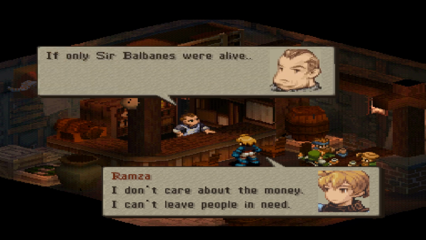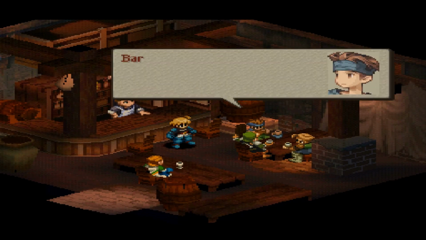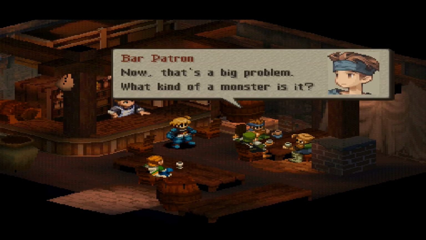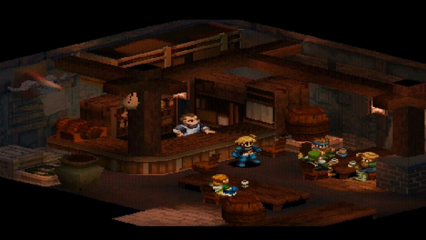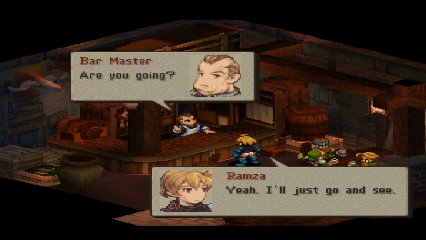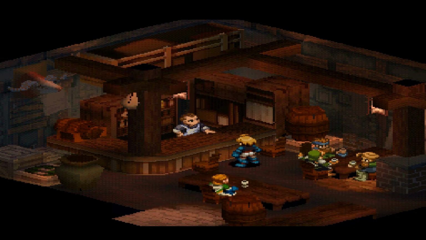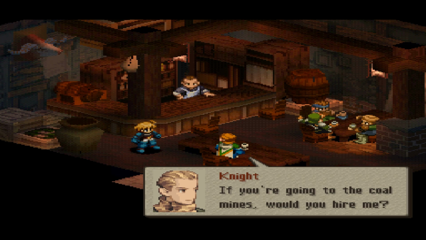Wow, very impressive. If only Sir Balbanes were alive. But there's one that even a master hunter can't beat. Huh? Intrigued by this, Ramza is. Now, that's kind of a big problem. What kind of monster is it? It's called the Holy Dragon. Really unusual. Are you going? Yeah, I'll just go and see. Good luck. And on his way out, Ramza is stopped by a knight who's saying,